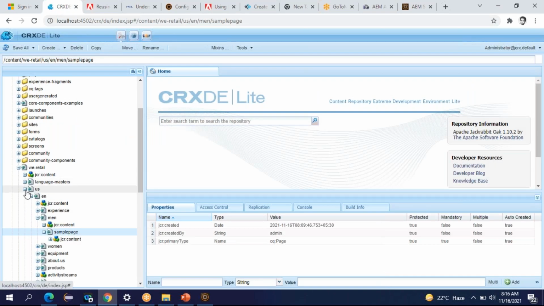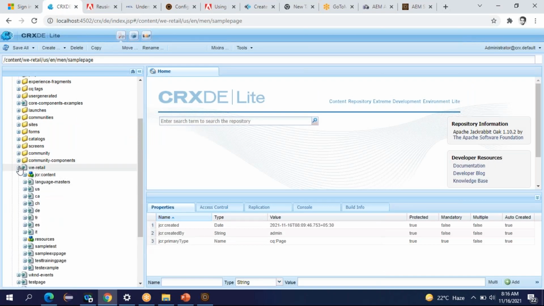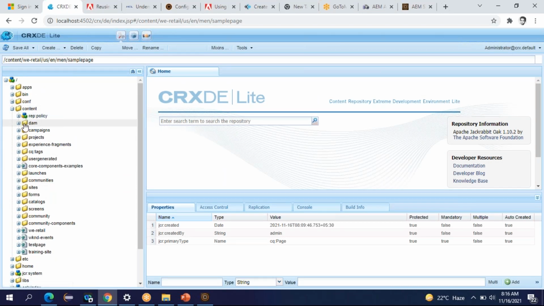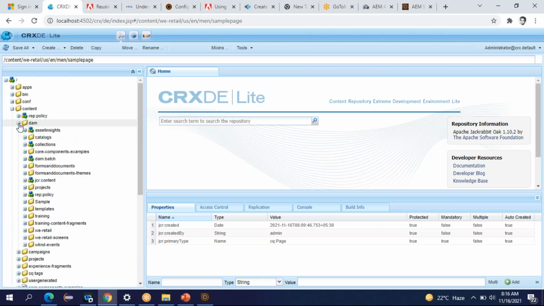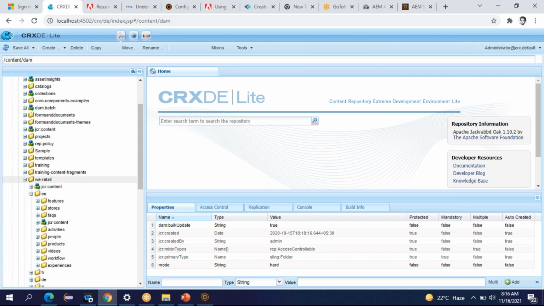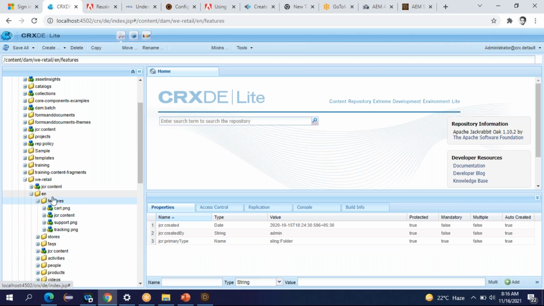You will be able to find it in content DAM folder. So here is that folder. This is your content folder. Under that, this is the DAM folder. Okay, content DAM folder. Here I can find all the digital assets. Here, let's say W reader under EM. So those digital assets are uploaded in DAM admin console, and I can find it here. It's stored here in the content DAM folder.